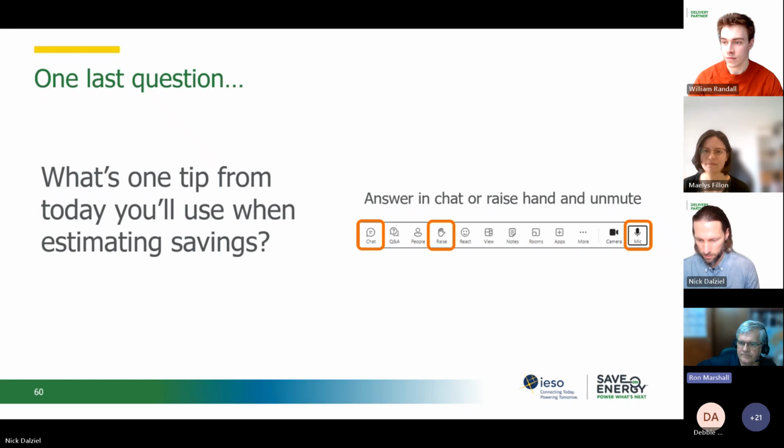Very good. So I see one chat: great presentation. Real-time data is key, especially